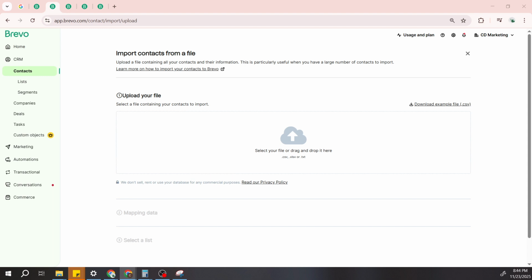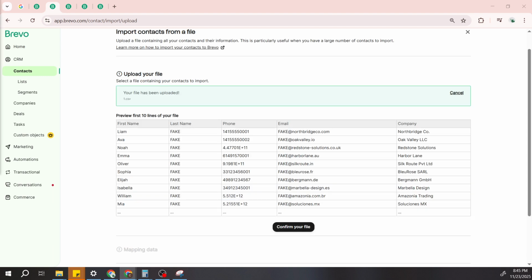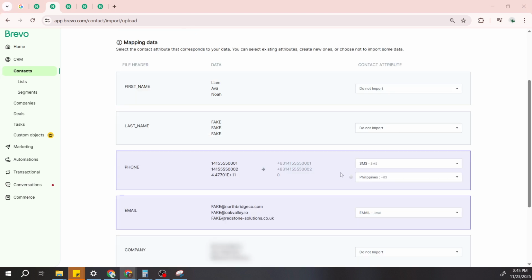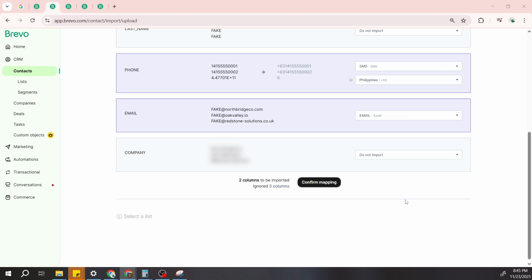Upload your file or paste your contacts, then map each column to the correct Brevo attribute. For example, map the first name column to the first name attribute. If your file contains fields that don't exist yet, you can create new attributes on the spot so everything lands in the right place. Take a moment here to check capitalization, date formats, and phone number formats so they're consistent